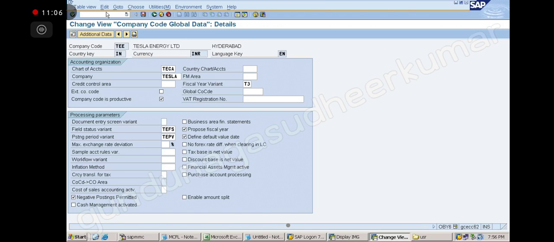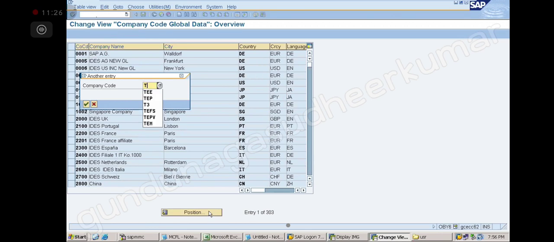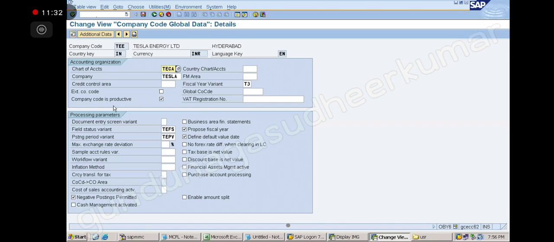Okay, next. Sir, shall you repeat the 21 steps again? Actually, I log in. OBY6, you go like this. Then position your company code, that is TEE, and click on it. Here you will select four things.